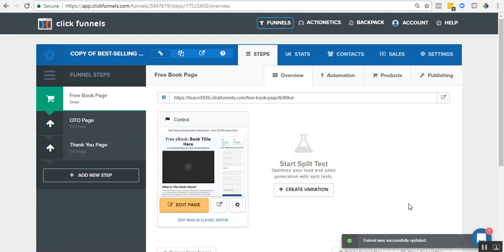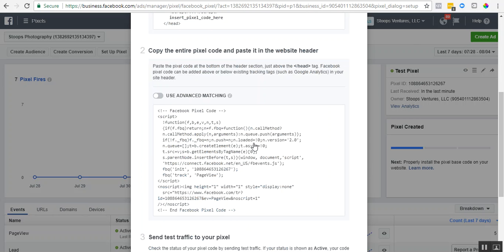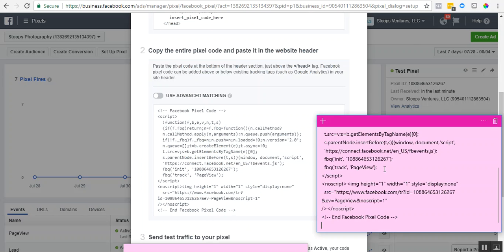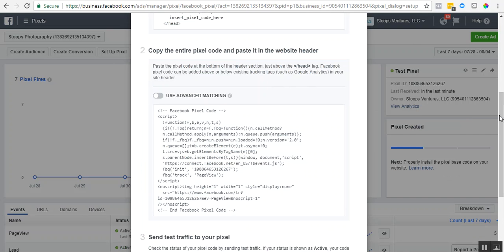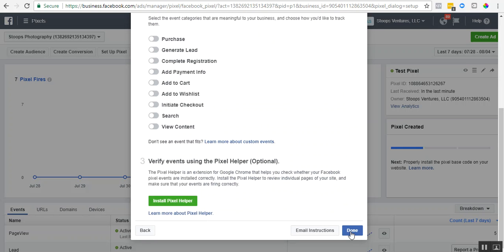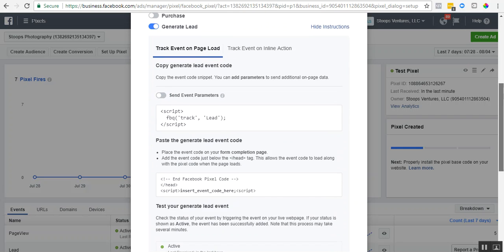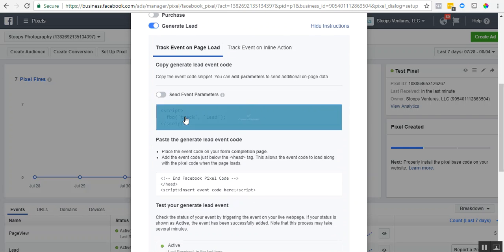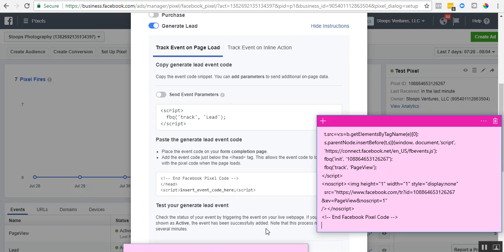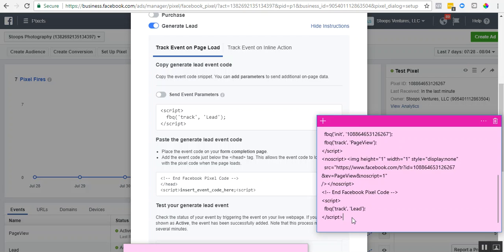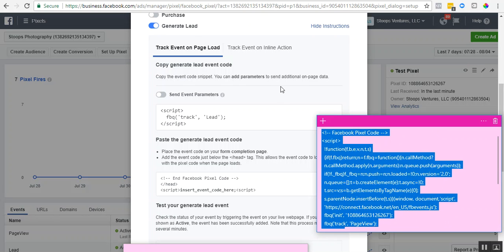All right. So the next phase is to make sure that you're tracking your leads. So the second thing you want to do is, I like to take a notepad or something and paste the code in there. And what I'm going to do is go to continue. So you can use either generate lead or complete registration. It's totally up to you. Either one is good for lead generation. And what you're going to do is copy the script there, and you're going to add it on the bottom. And so then you're going to copy this whole code,